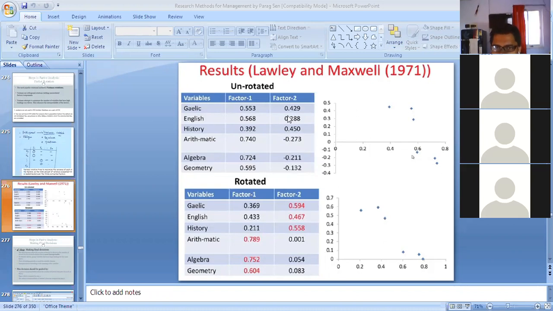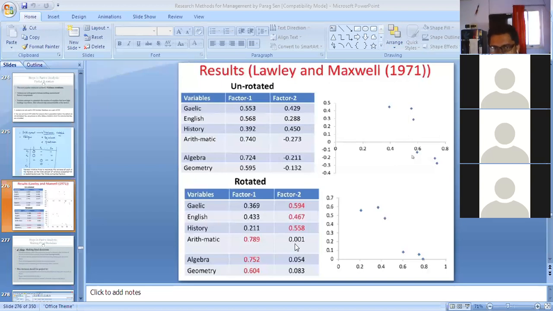That means you want this difference to be maximized, so that you can easily identify which particular variable will be loaded onto which particular factor. But here you can see that the difference is actually reduced rather than increased. Okay, so how can we accept this?